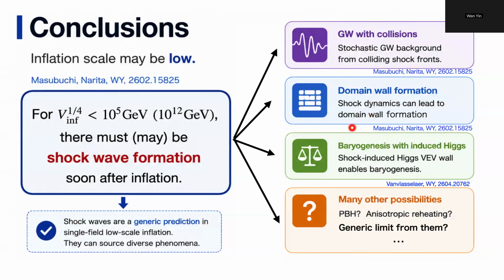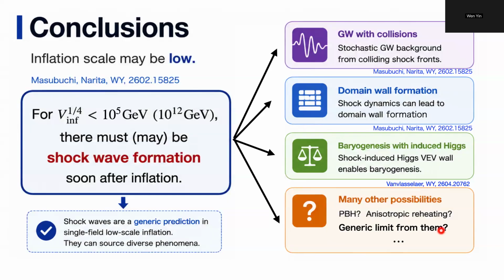Also, we have mentioned that there is baryogenesis. There could be links to the baryogenesis, and this is kind of minimal, just coupling the inflaton to the Higgs. That's it. So then we could have the baryogenesis. I should say this inflation scale should be close to the electroweak scale. So this is really low scale inflation. And also we have other possible